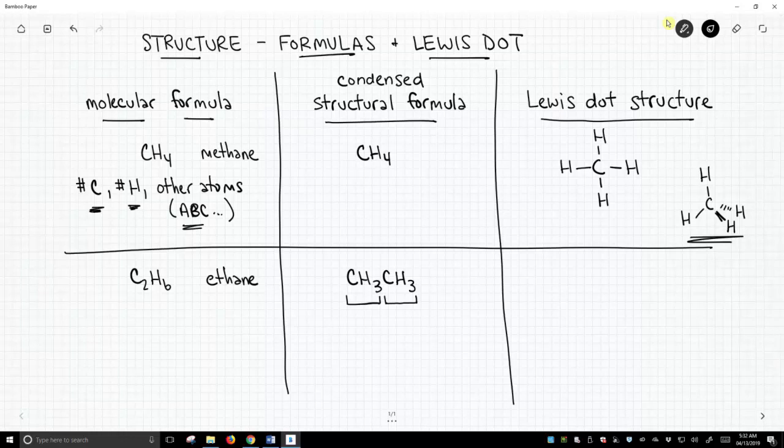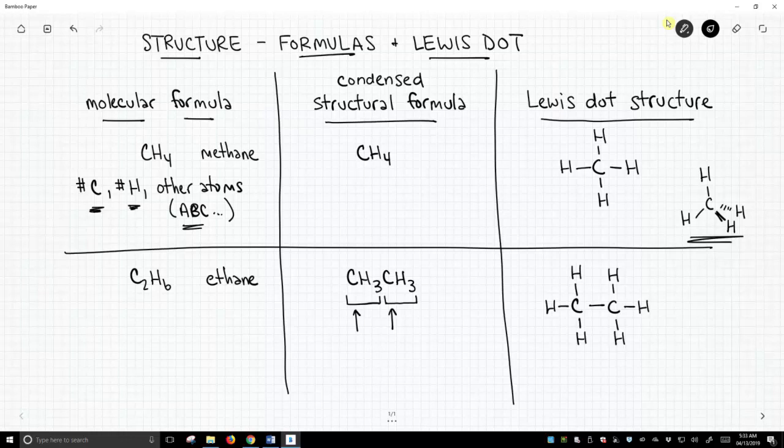So how do we draw this as a Lewis dot structure? Well, you tend to write this out 1 atom at a time. So we're going to have a carbon. That carbon, it's attached to 3 hydrogens. And then we're going to have another carbon. And these 2 carbons are going to be attached. That gives us 4 bonds to that first carbon. And the second carbon also brings along 3 hydrogens, so we put those 3 hydrogens in. And that gives us our Lewis representation for ethane.